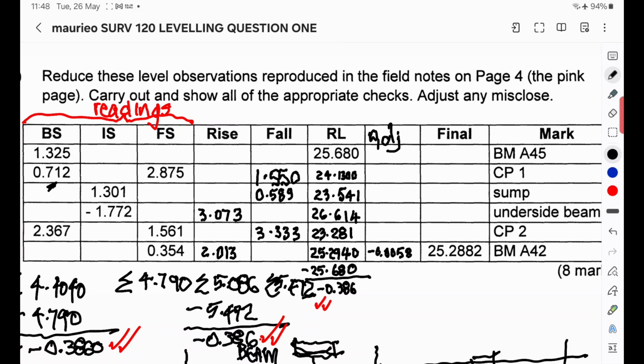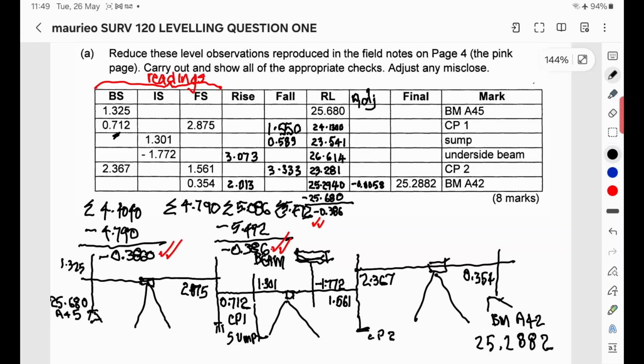Now there's 3 setups, and even though there's 5 lines, the intermediate sights don't appear in the first run of the adjustment. So we're going to put the same amount of adjustment in the first setup, and then the same, proportionate there. So we've got 3 setups. So if we go